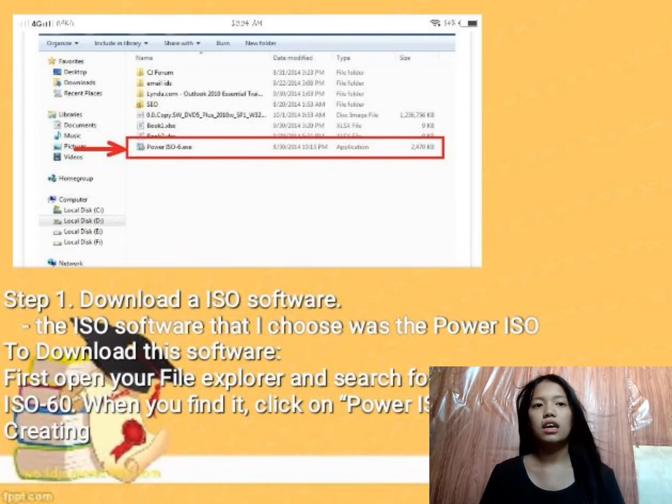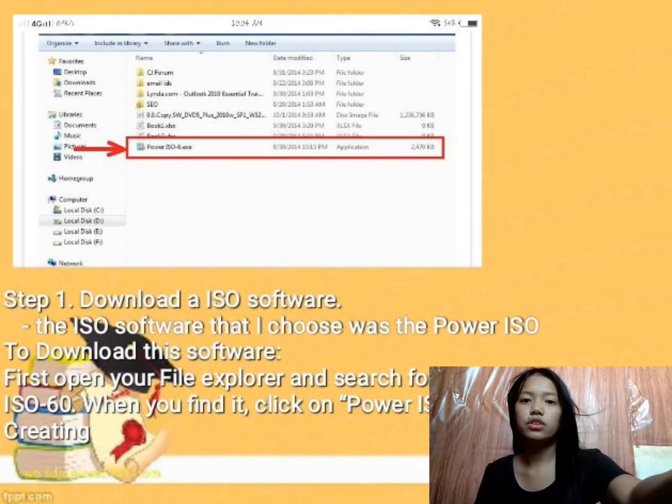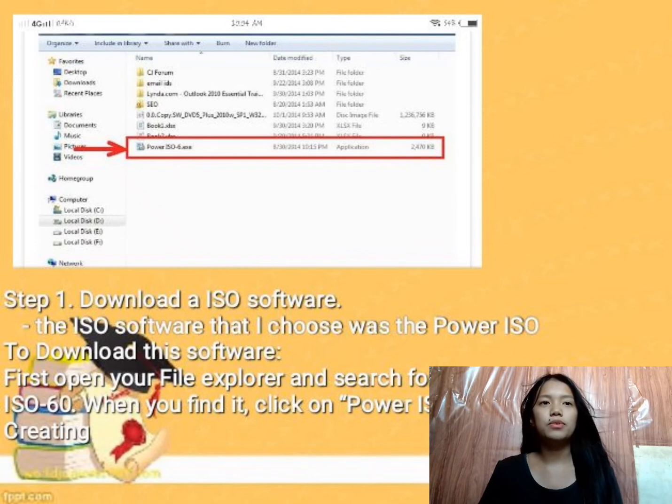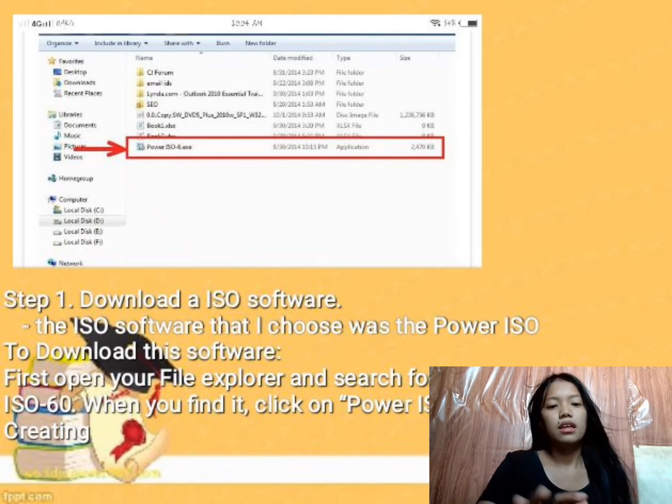When you find it, click on Power ISO 6.0 for the files to be created. So, the picture on the top shows how it looks like. And our next slide is